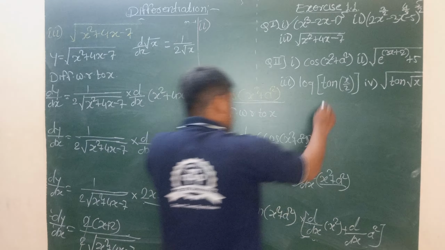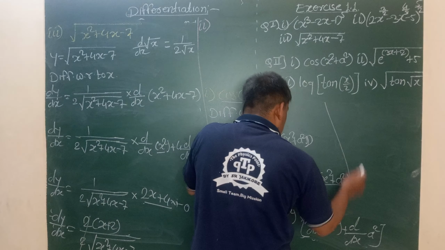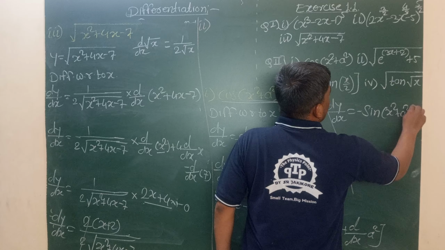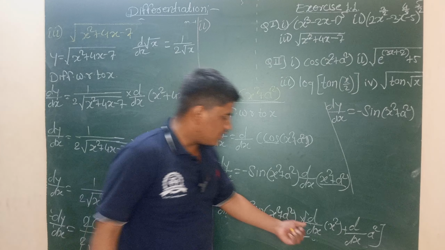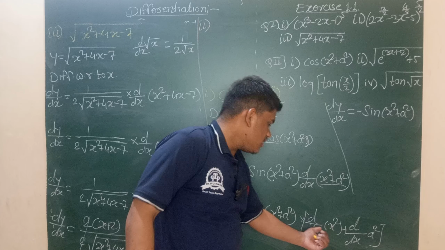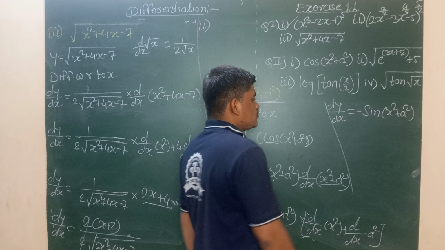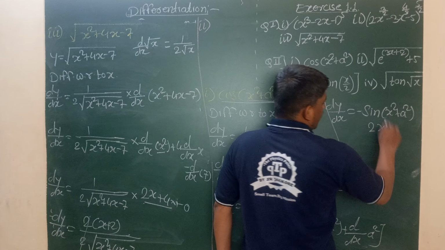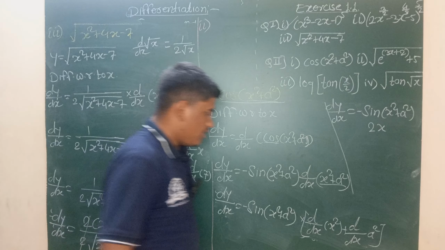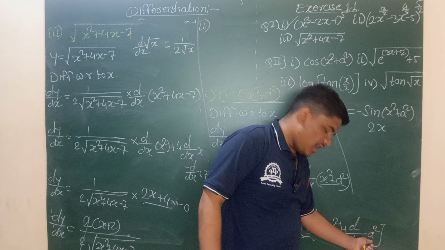We know that the final answer is written here. That is dy by dx, which is equal to minus sine of x square plus a square into the differentiation of the function x square with respect to x. We apply the similar formula, x raised to n gives n into x raised to n minus 1, that is 2 into x raised to 2 minus 1, which is 2x, and